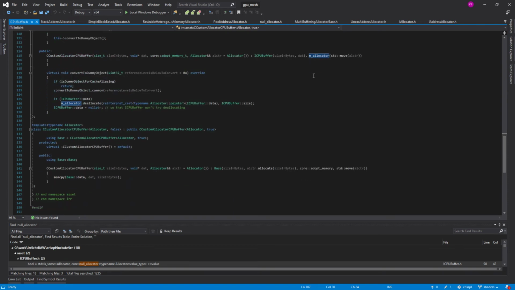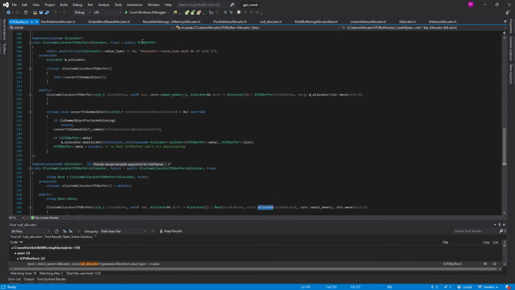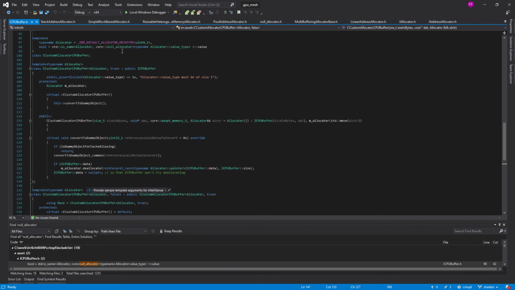The most interesting thing is here, where you can see it actually using it to allocate the memory. And this is the specialization for the null allocator, see? The reason we did it like this is that you can use the null allocator on this buffer